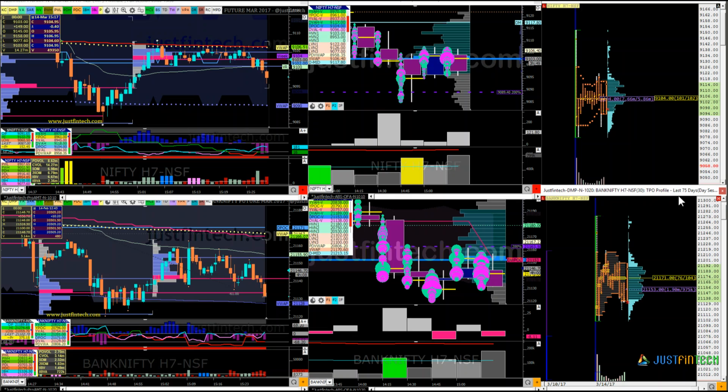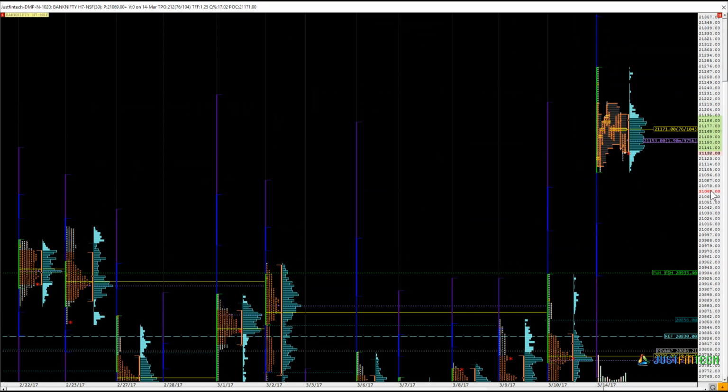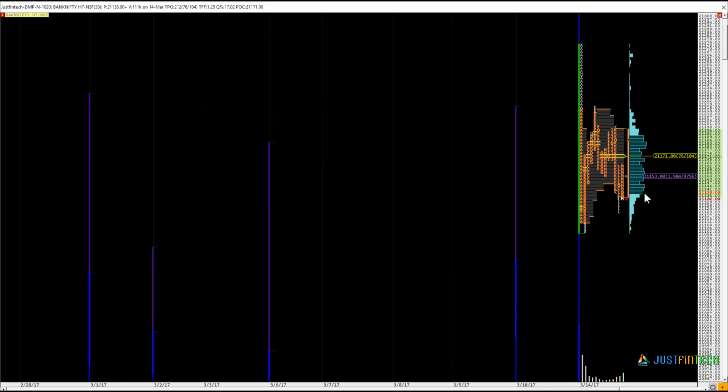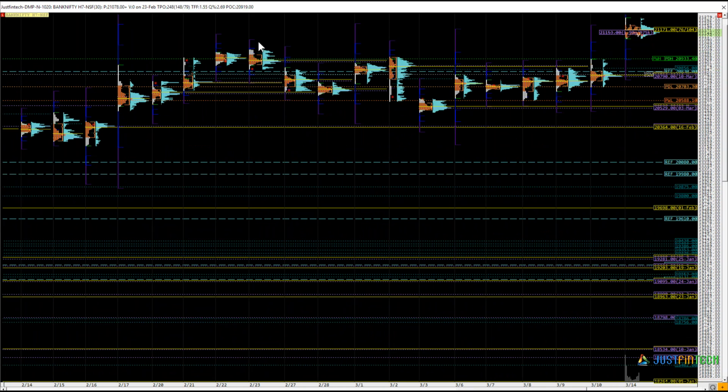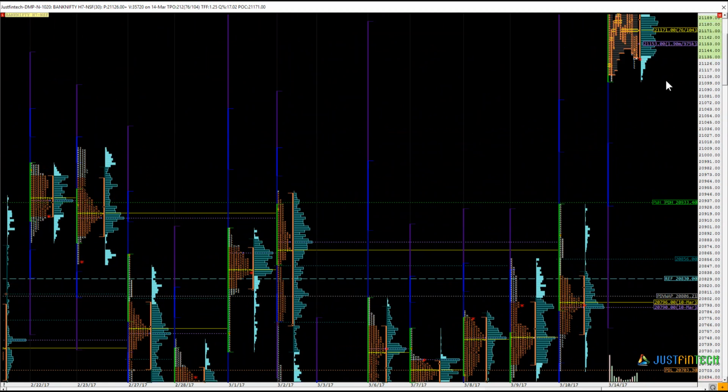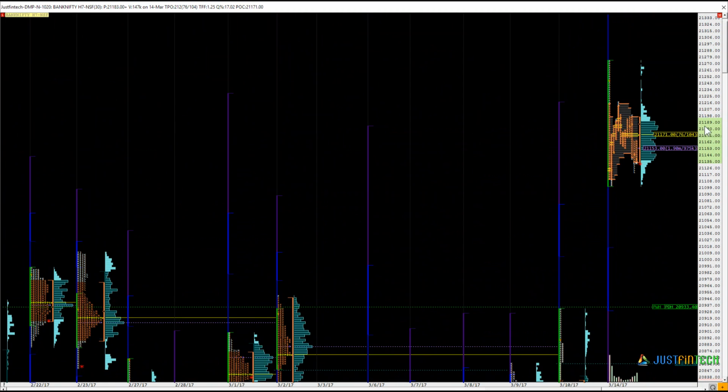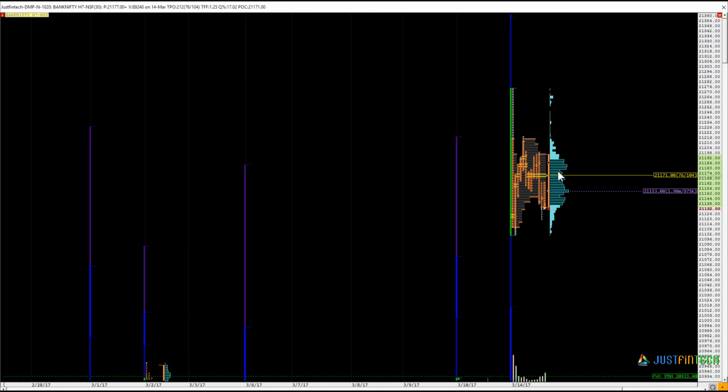Now on the Bank Nifty, again the same thing, open into the highs, and here also we have gone above the range completely. Though we had a swing high very far away, it has gone up above the range completely and made a new high.